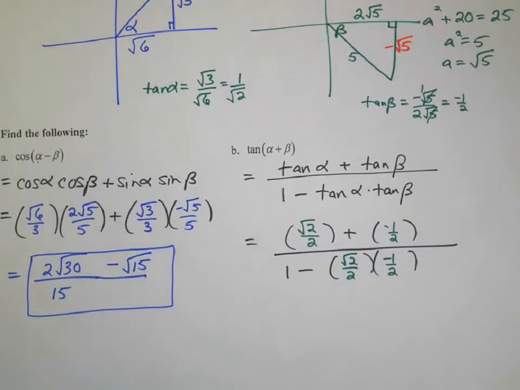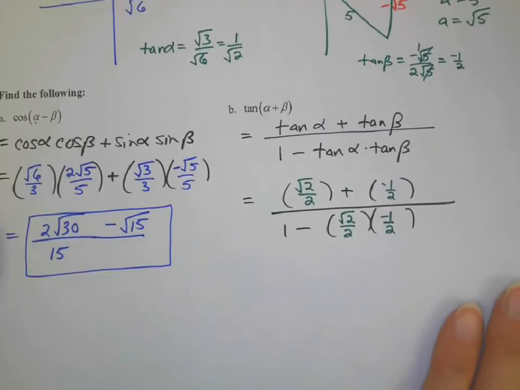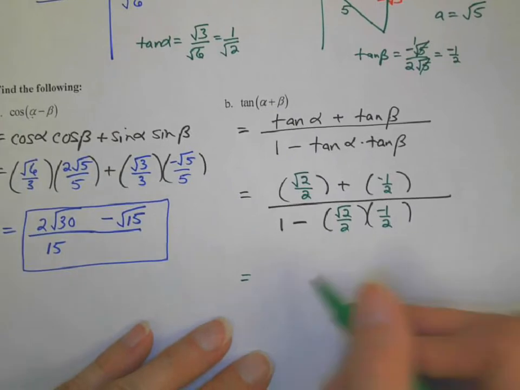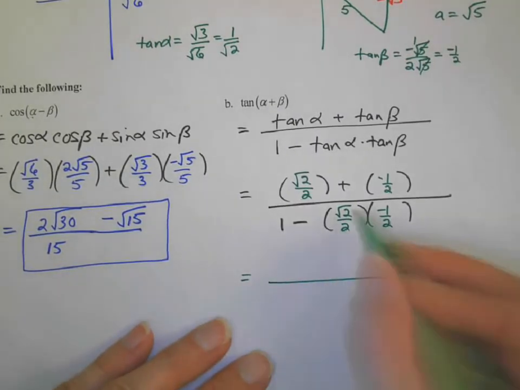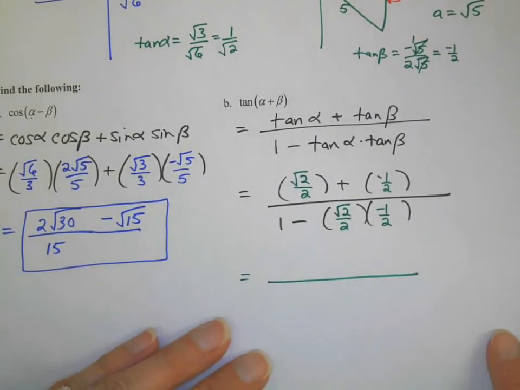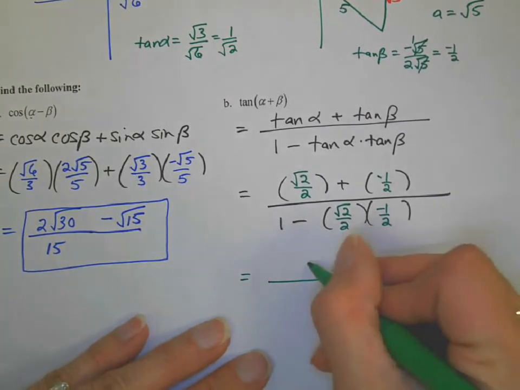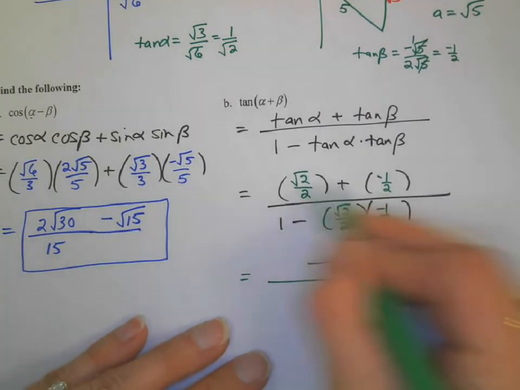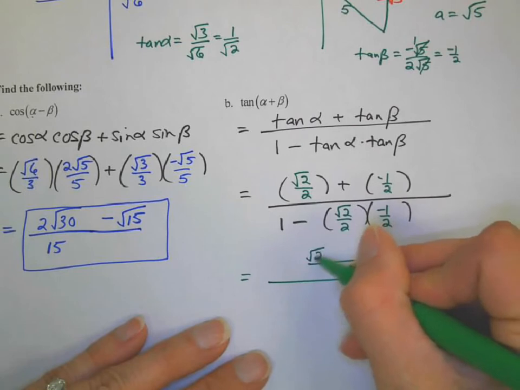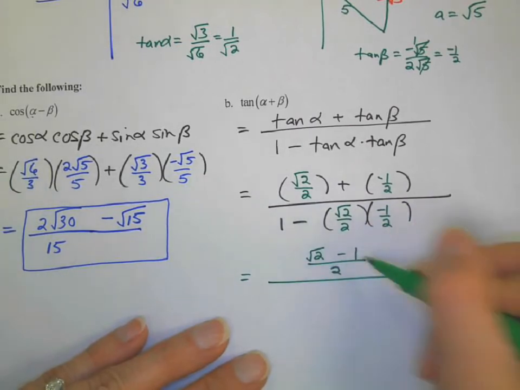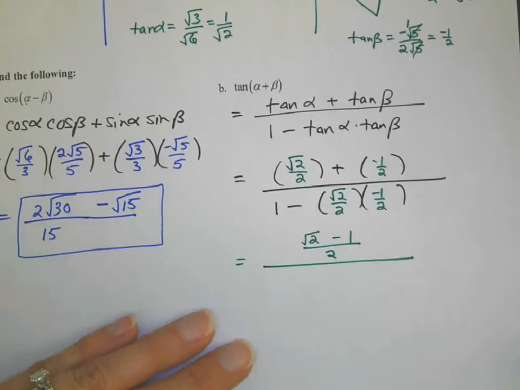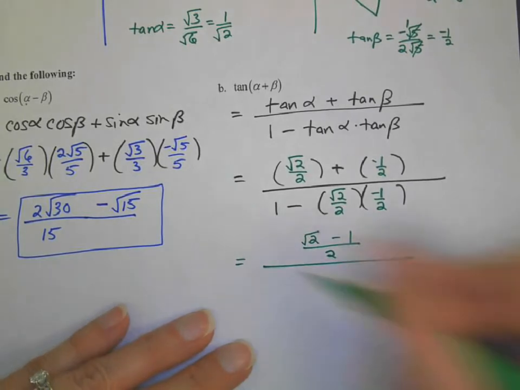And now we really have to see who can do some algebra. So let's see what the numerator is going to be. Do we have common denominators in that numerator? Yes, we do. The common denominator is 2, and the numerator is radical 2 minus 1. Now, what about the bottom? The denominator is